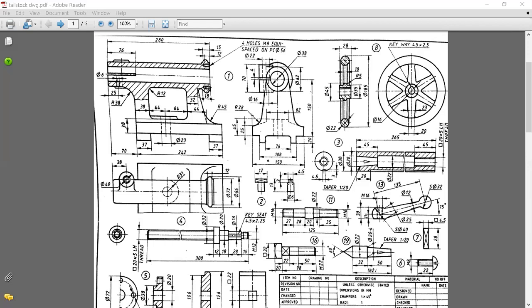Then the hand wheel. So here in the assembly, this becomes the front view, which is showing this 185 width. The circles, the keyway for the circle, this will be the side view.